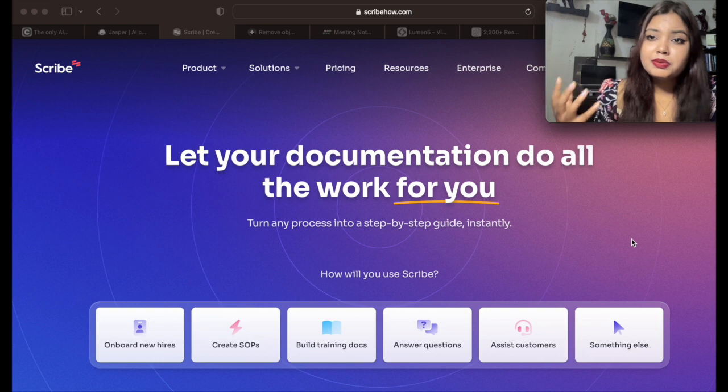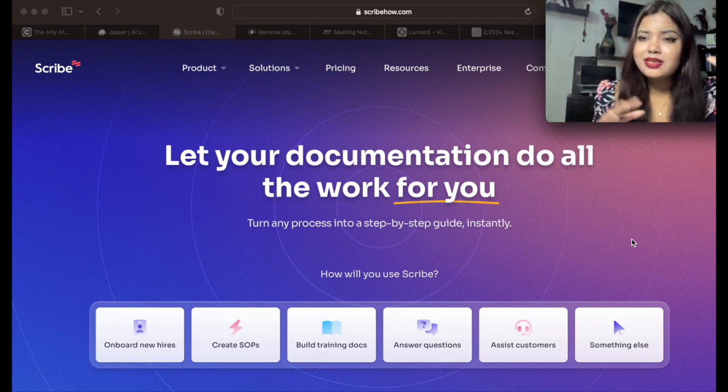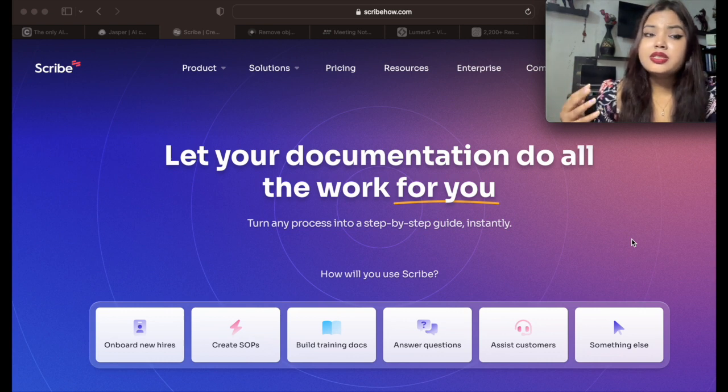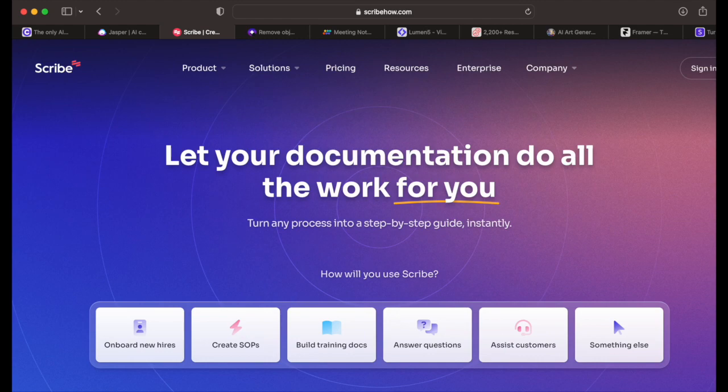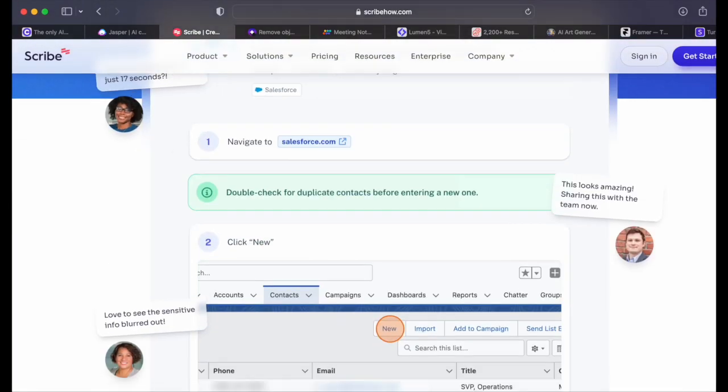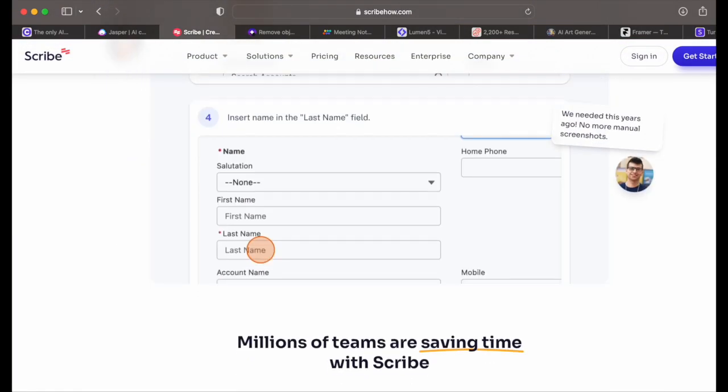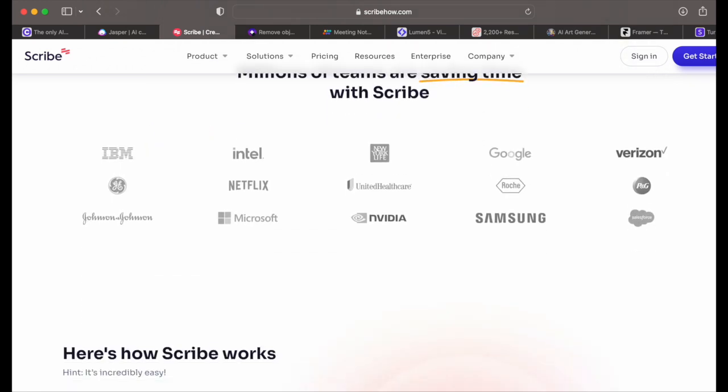And then when you onboard a new person, there are a lot of things to create for them too, documents and so on, and for that this tool is pretty helpful. So I thought I should discuss this tool with you. So these are some of the things; they have explained how this is going to work.